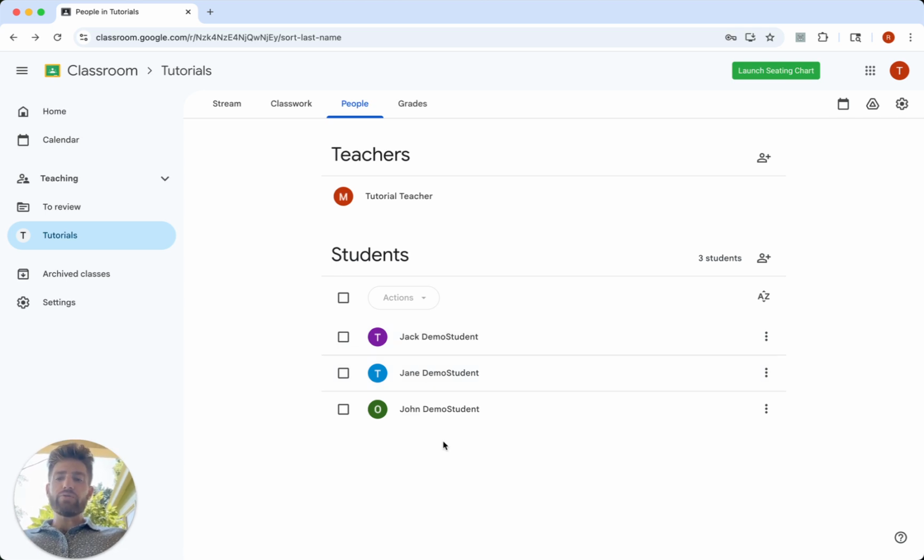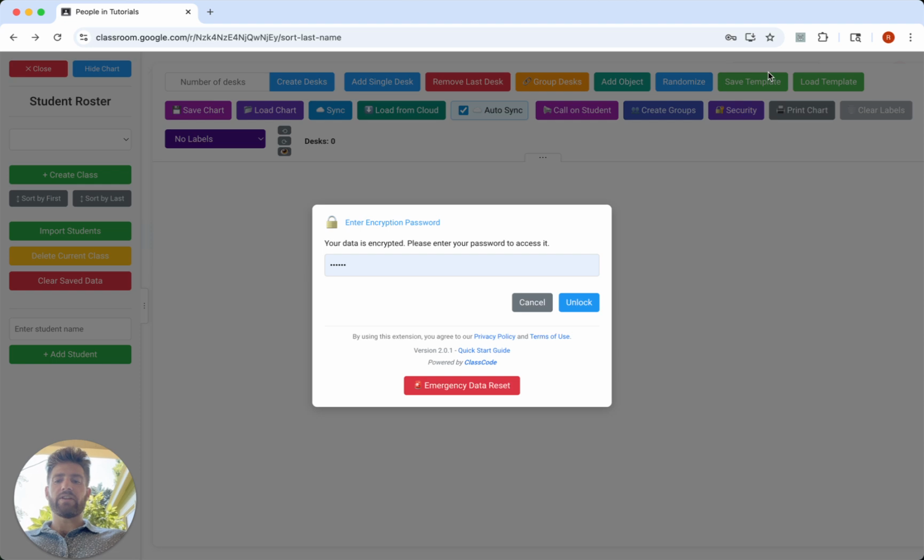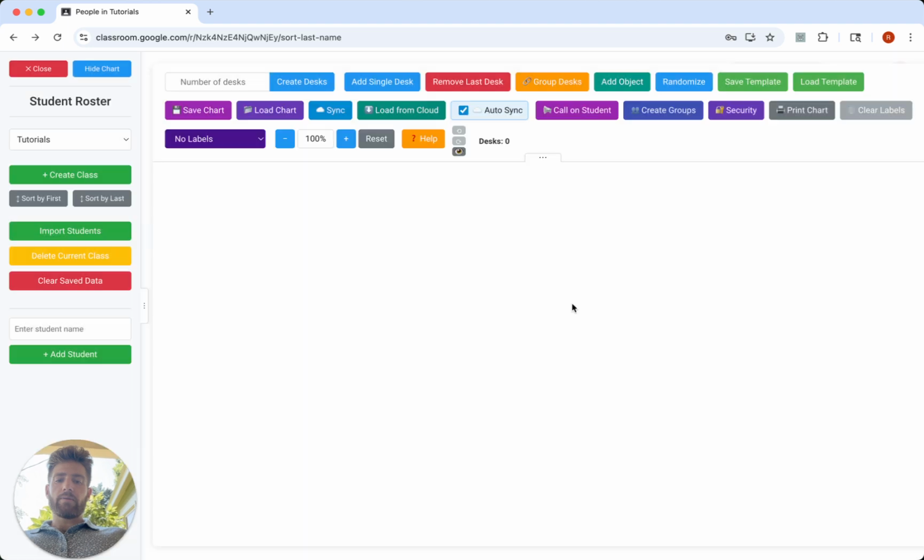Once you have your classes set up, go to one of your classes, make sure you're on the People tab when you're ready to import, and then go ahead and click Launch Seating Chart. I've already set up my password, but I'm just going to unlock, and you'll see here that in the drop-down menu, it's already listed your class name. My class name was Tutorial, so it imported that class name, and then you're going to get the option here